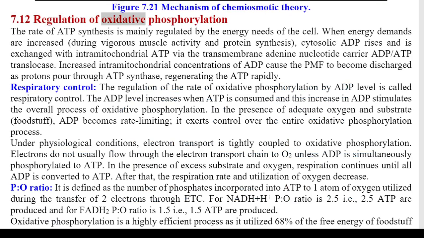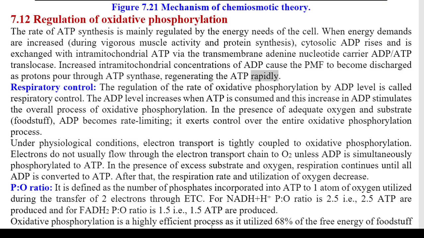7.12 Regulation of oxidative phosphorylation. The rate of ATP synthesis is mainly regulated by the energy needs of the cell. When energy demands are increased, during vigorous muscle activity and protein synthesis, cytosolic ADP rises and is exchanged with intramitochondrial ATP via the transmembrane adenine nucleotide carrier ADP/ATP translocase. Increased intramitochondrial concentrations of ADP cause the PMF to become discharged as protons pour through ATP synthase, regenerating the ATP